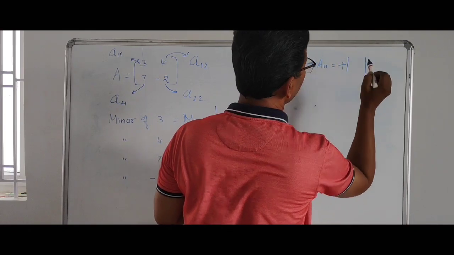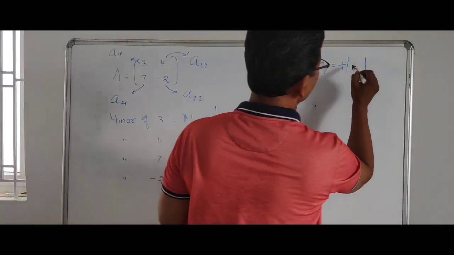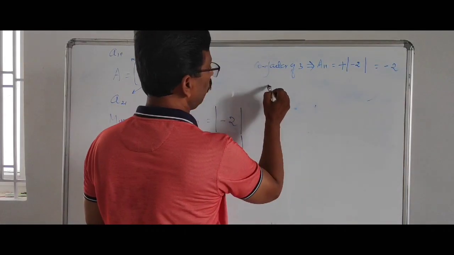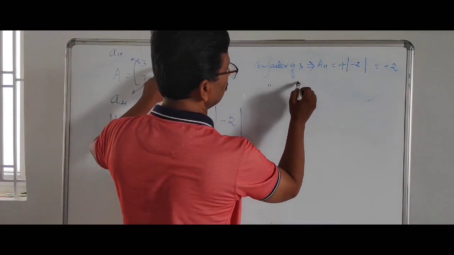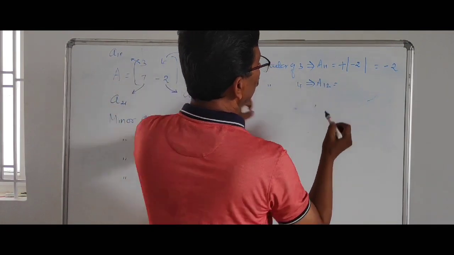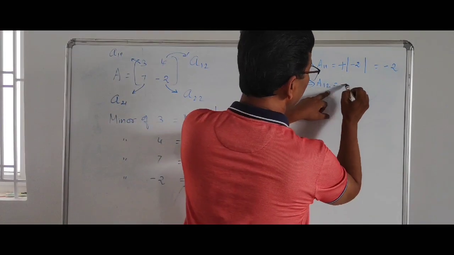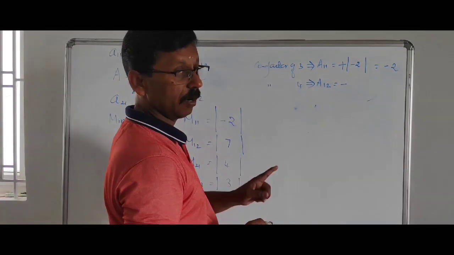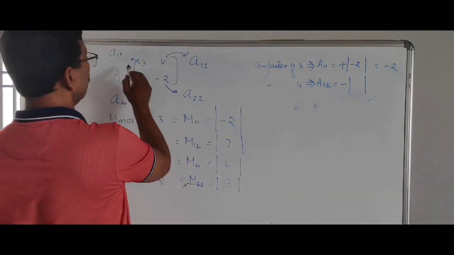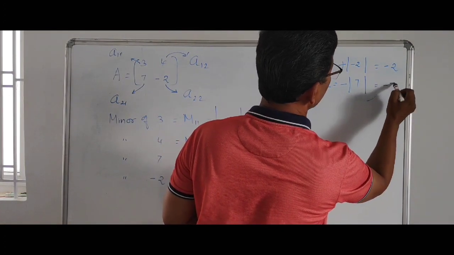Then how do we get this minor? You leave the first row, first column. The minor is minus 2, which is equal to minus 2. Now the cofactor of the element 4 is A12. This 1 plus 2 equal to 3 is an odd number, hence we assign a minus sign. Then this is obtained by deleting the first row, second column. Leave the first row, second column, and you get 7. Now you write minus 7.